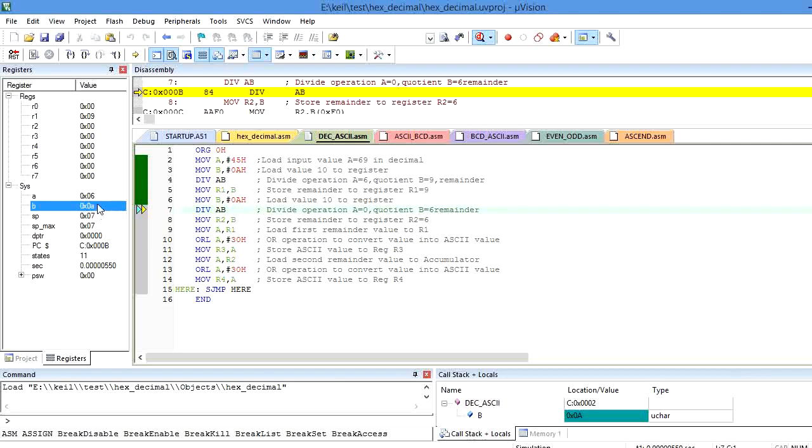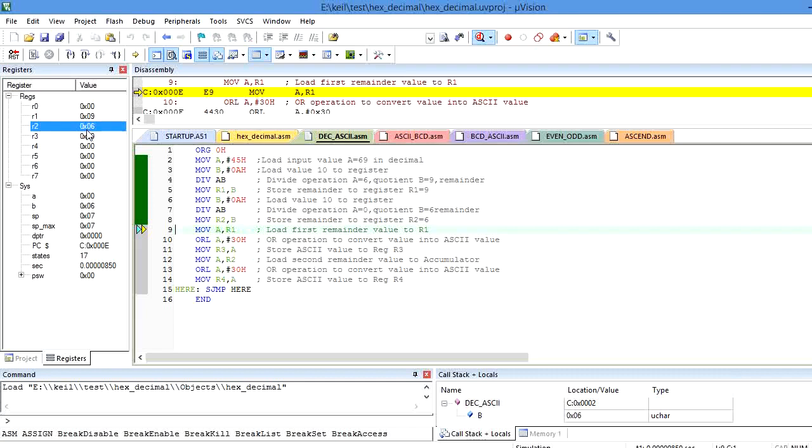Before execution of the divide instruction, A is 6 and B is A, that is 10 in decimal. After execution, the quotient in A is 0, and B, the remainder, contains 6. Again I will copy it to the register R2 by using the instruction called move R2, B.